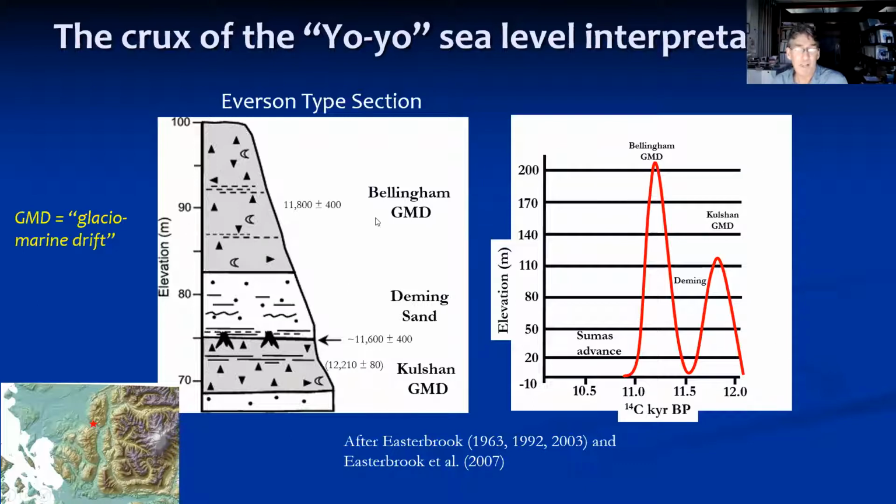Okay, so this is the crux, and this drove me to think we really need to reinvestigate this. If we can somehow find evidence that maybe one of these isn't a GMD, or that these rooted stumps aren't actually in place, that maybe they floated out into an ocean and sunk or something like that, then you can get rid of the double hump here, and just having a single hump is easier to deal with. It's the double hump that's a really hard thing to deal with in terms of rapid sea level change.